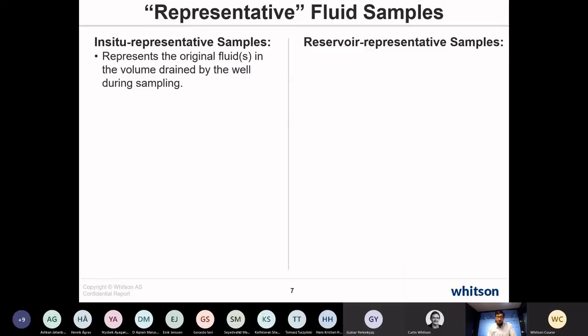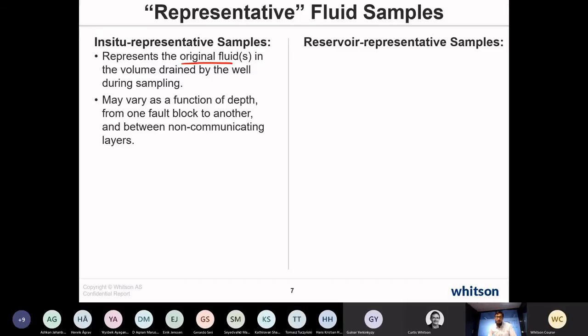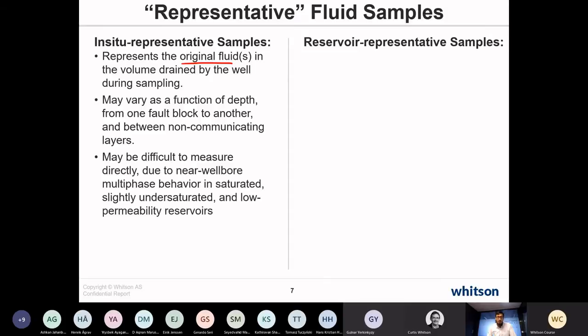Yeah, so here we will again try to differentiate between these two types of samples. In situ representative samples represent the original fluids in the volume drained by the well during sampling. So meaning what is the in situ fluid composition that you have at time zero in your reservoir. And this may vary as a function of depth. We already know that we may have compositions varying with depth. It can also vary from one fault block to another. It can be different for the different layers in the different reservoirs. And